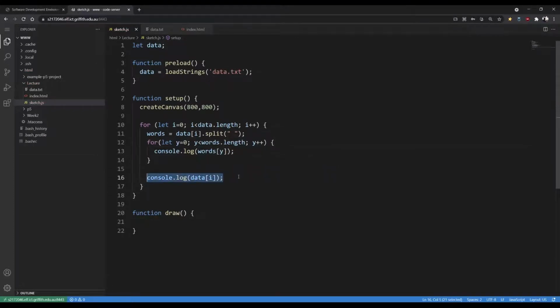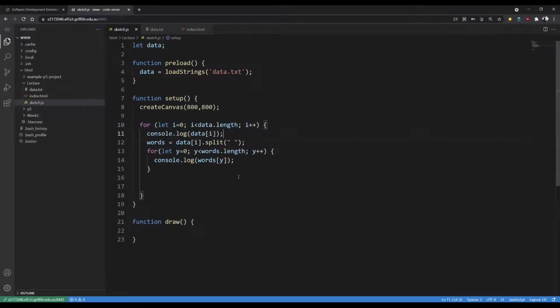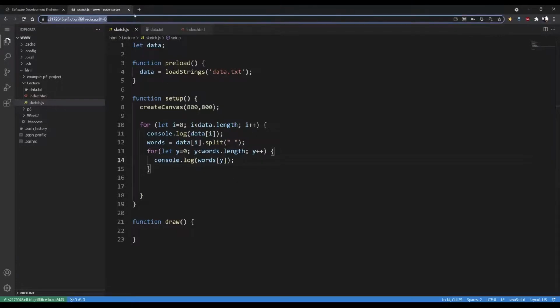So what we'll do, just so you can see it all working, is log the whole line the way we were. Then we're going to take each line, split it, go through that new array that was created by splitting the line, and print out each word individually. So let's have a look at what that looks like